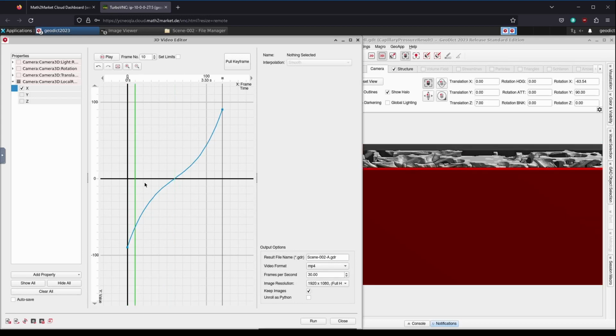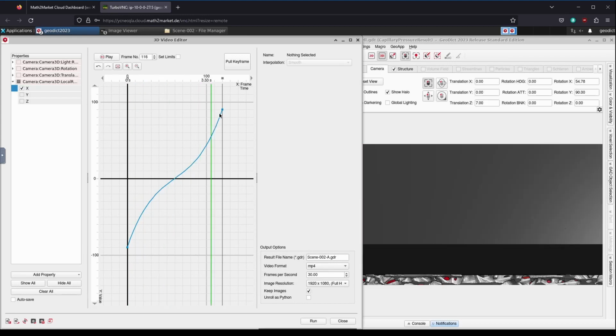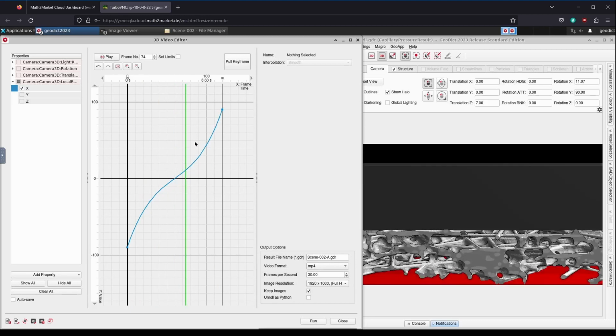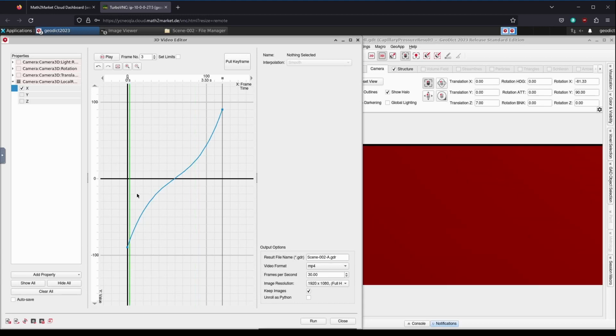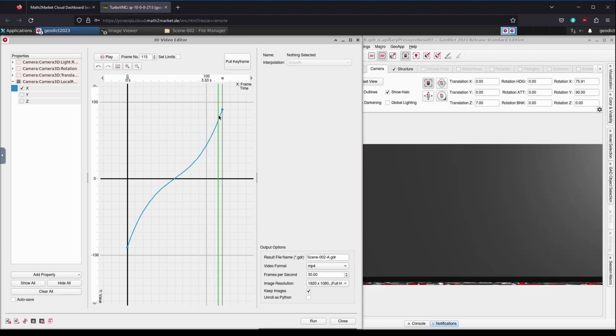We play it to test how it looks now. The structure turns briskly into the picture, slows down towards the center without stopping, and then turns briskly out of the picture again. So we can already be very pleased with ourselves. We stop the animation and then save the result.